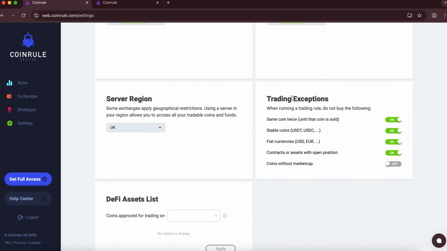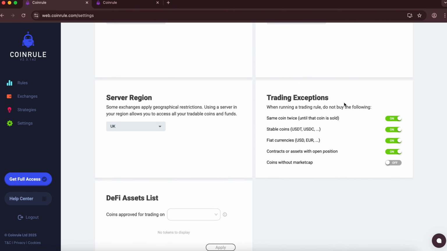You can also turn on and off trading exceptions such as same coin twice, stable coins, fiat currencies, and so on. If you click off here, so do not buy the same coin twice, now every rule is able to buy the same coin twice. Toggling this on and off will affect all the rules in your